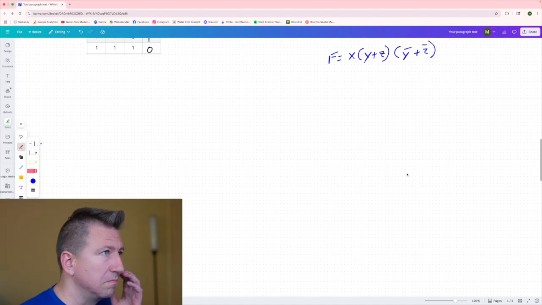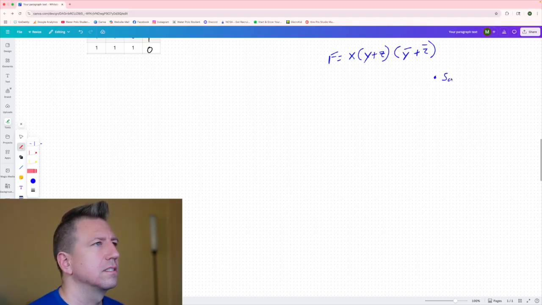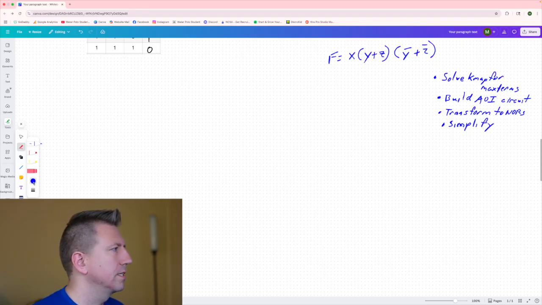Perfect. Okay. So we have a couple of bullet points about what we're going to do next. And so the first one is that we solve the K-map for max terms, which we already did. And the second one is we're going to build the AOI, so AND or inverter circuit. We're going to transform to NORs, and then we're going to simplify if we can. All right, so let's go ahead and start out